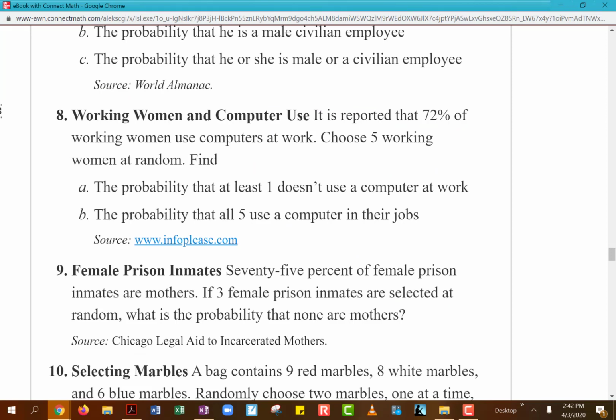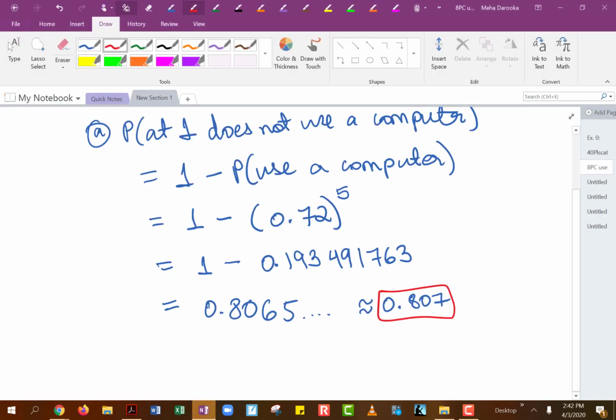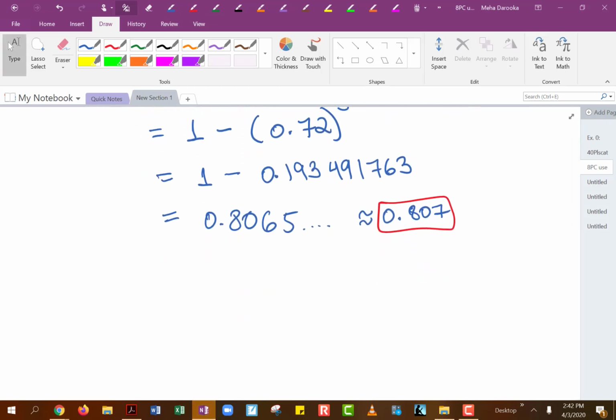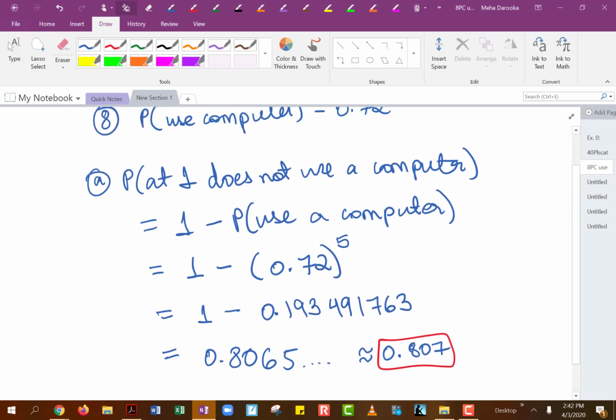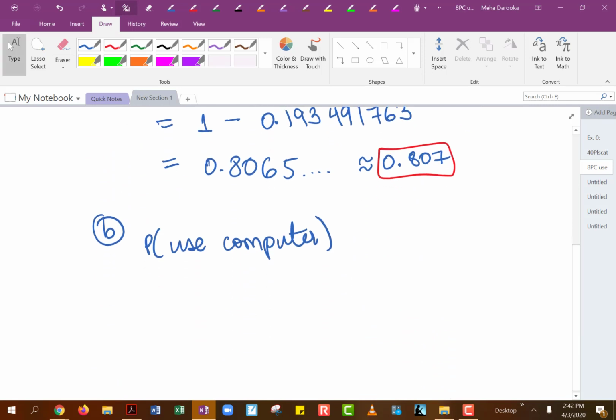Alright guys, part B is talking about the probability that all 5 use a computer in their job. So we have actually already calculated that as part of part A. So the probability that they do use a computer, and obviously you can see that probability was the 0.72. And since we are talking about choosing 5 women at random,